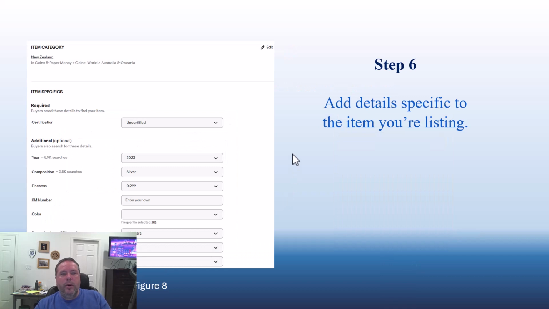Step 6, we're going to go ahead and add details. The more detail that you can put on your item, the easier it will be for people to find it. You're going to want to put in information like, for a coin, there are